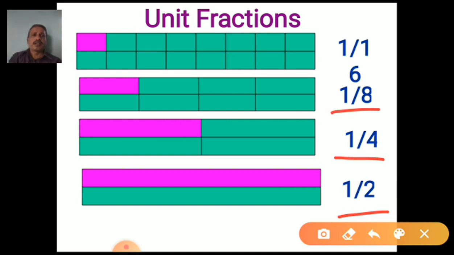Here 6 parts and here 8 parts. So here you can get confused. Here 8 parts are there or 10 parts are there. Here you can find out. Here 16 parts are there. This is 1 upon 16. Be careful. This is 1 upon 8 and this is 1 upon 16. This is the 1 upon 16 part selected.